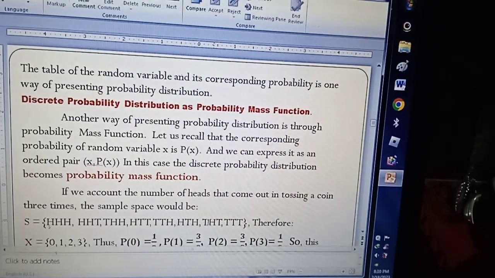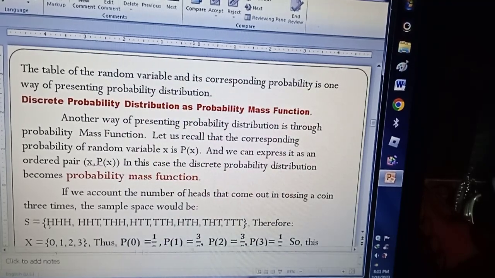So if we toss a coin twice, the base is 2 and the exponent is 2, that is 4. But if we toss a coin thrice, then the base is 2 and the exponent is 3. 2 raised to 3 is 8. That's why in the sample space,